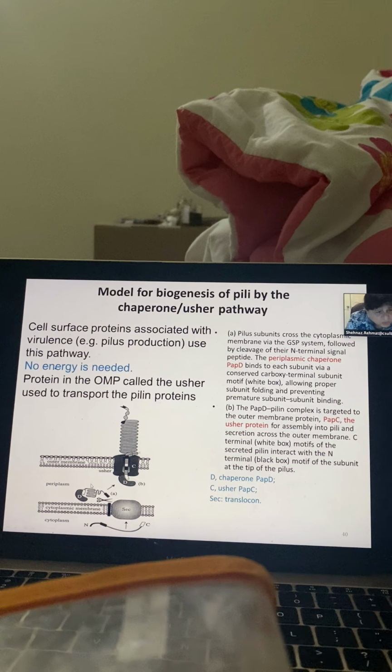So this is your chaperone and this is your usher. PAP-D is the chaperone, and definitely the C is, of course, the channel, which will be the usher. So we call this the usher, we call it the chaperone. The chaperone takes it from the cytoplasmic membrane up to the usher, through which these proteins will be creating a pilus formation. Now remember, pilus is also a